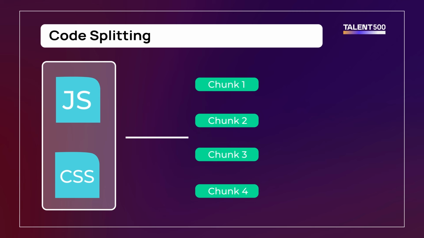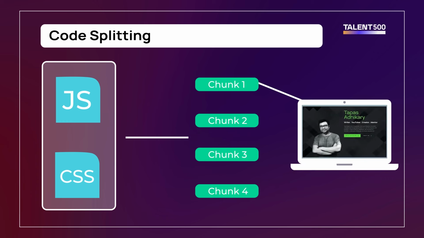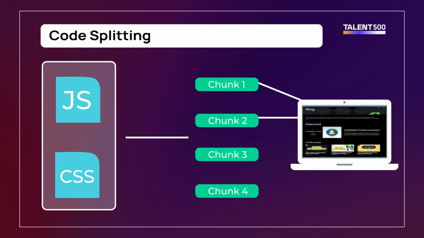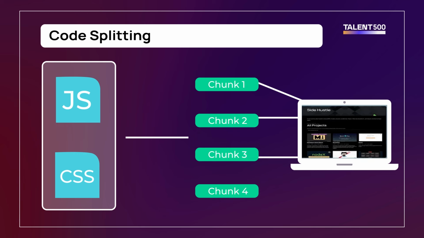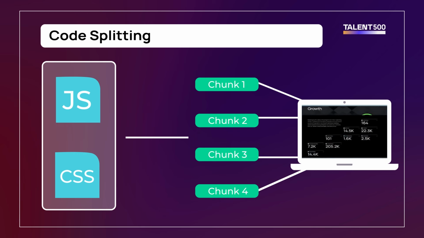And when the customers are trying to load the UI, it can get loaded from each of these individual chunks. Instead of loading the entire JavaScript and CSS bundle all together on your client browser, which might take a humongous time, I'm just loading a home page, and the home page can be loaded from this chunk. Then chunk 2 can load when there is another route or another page, chunk 3 can load something else, and chunk 4 can do something else, and so on.